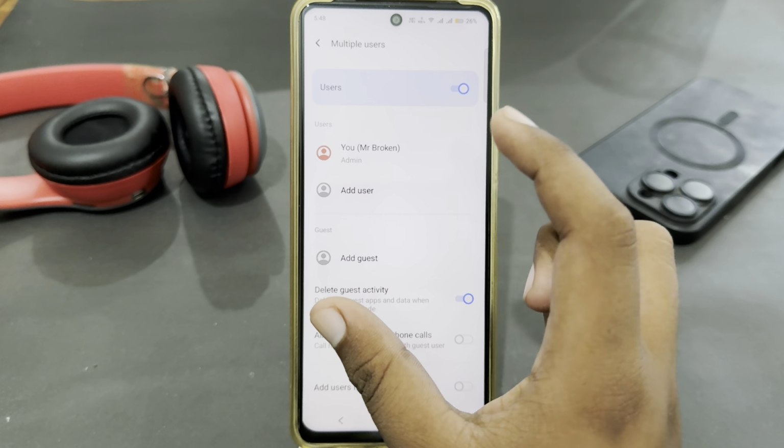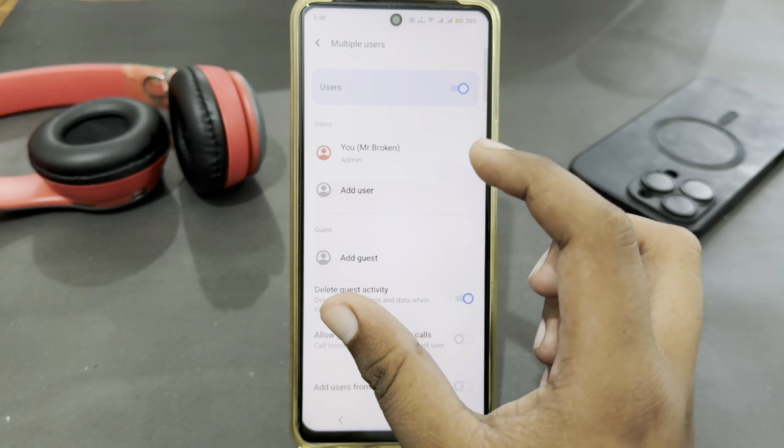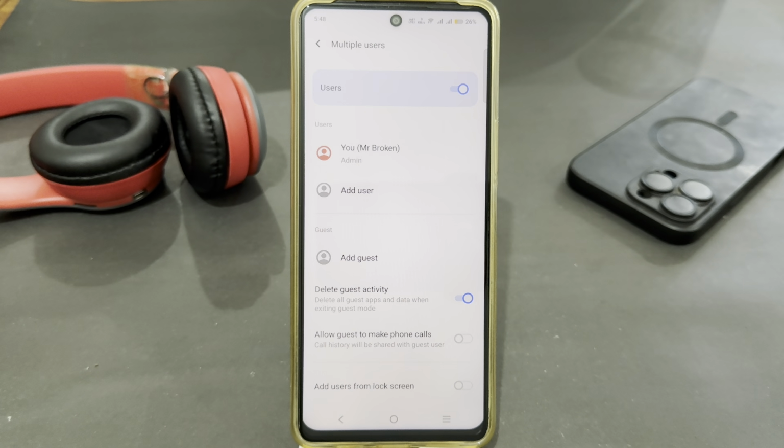After adding a user, your private space will be enabled. You can easily get a private space on your phone. So that's how you can easily enable private space on Vivo